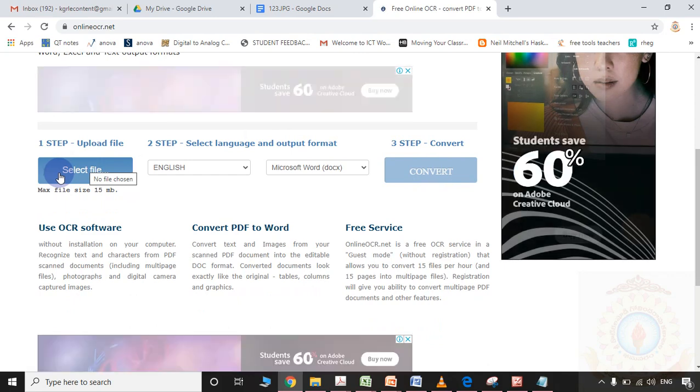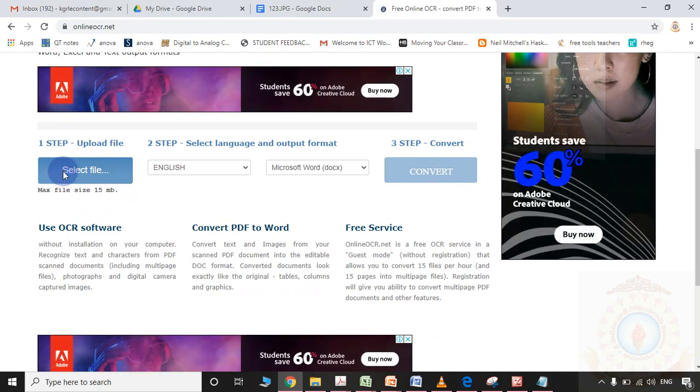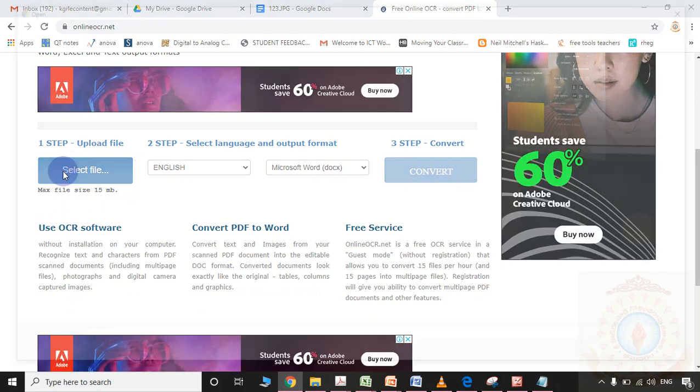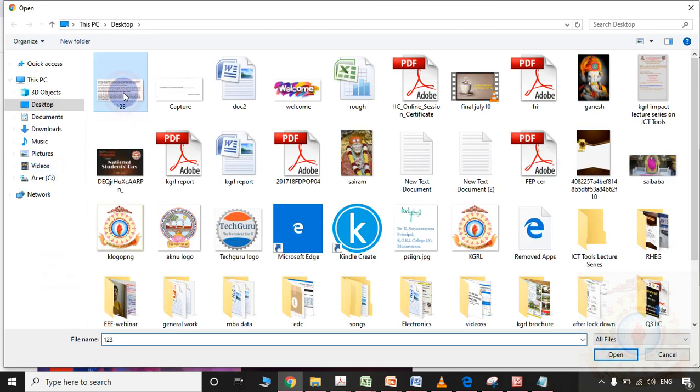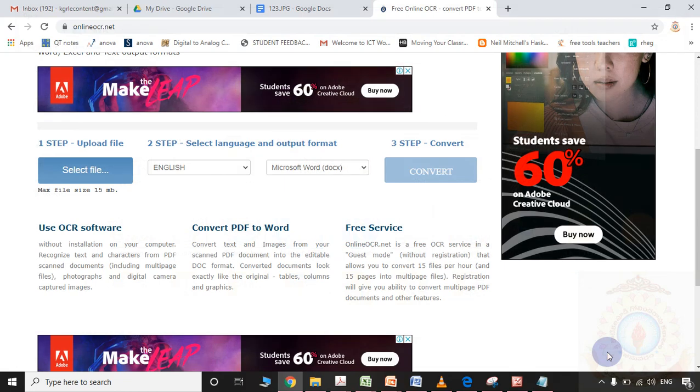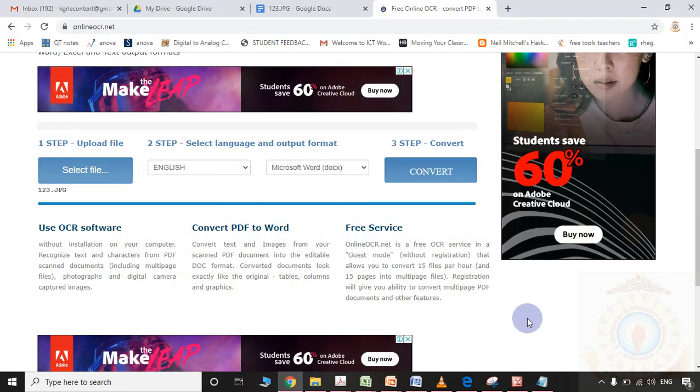So here upload file option is there. Whenever upload is complete, try to click the convert.